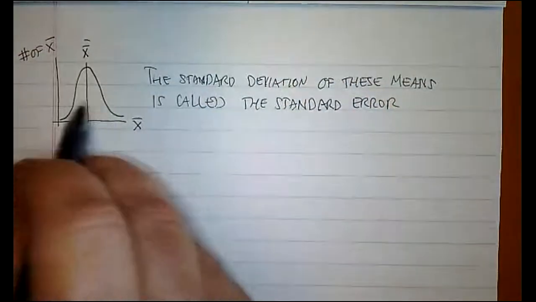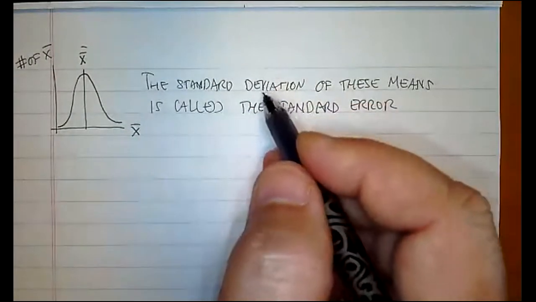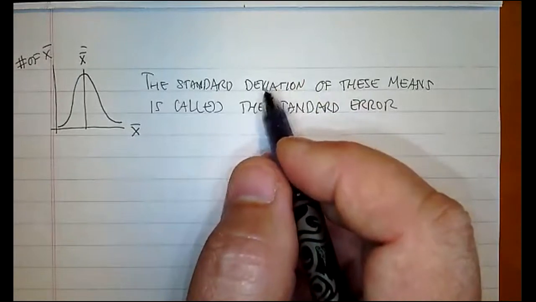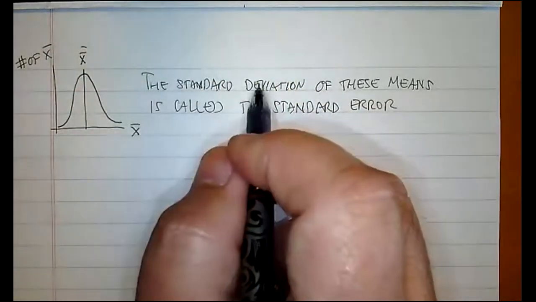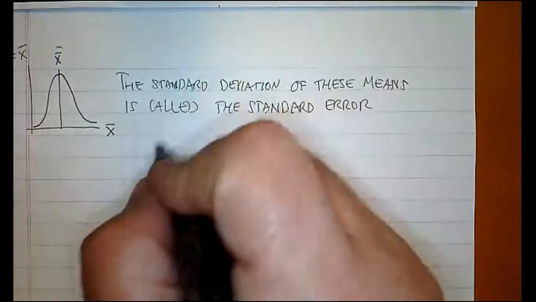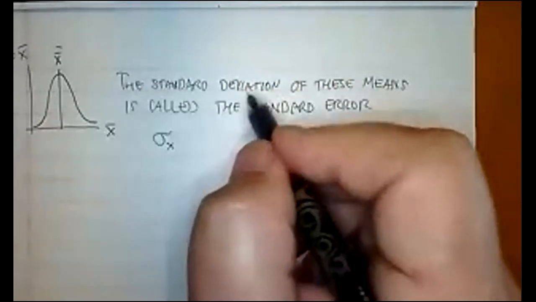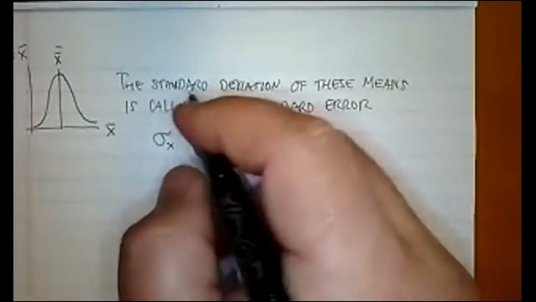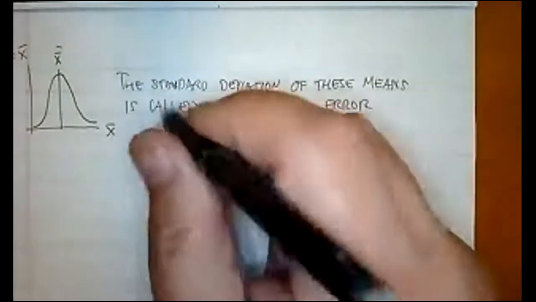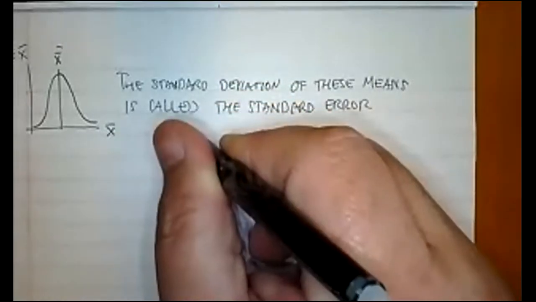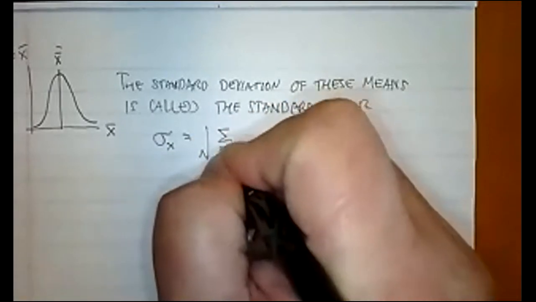And notice we're now dealing with a really large number. Before, when I just made up the standard deviation formula, I had to do the n-1 in the bottom because we might be dealing with small numbers. But now I'm talking about huge numbers, so I don't have to do that n-1 anymore. In fact, doing the same process we did before, I'm going to take the means now and find their quote unquote standard deviation, only since the means were made of bunches of data and there were bunches of means, I don't need to correct by that n-1. So I'm going to say now this is equal to the square root of the summation from i equals 1 to n